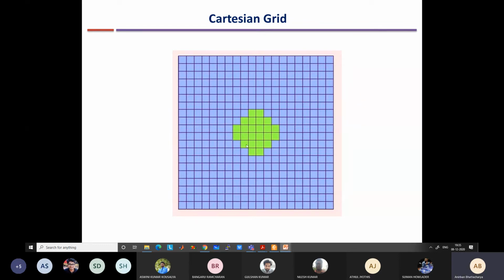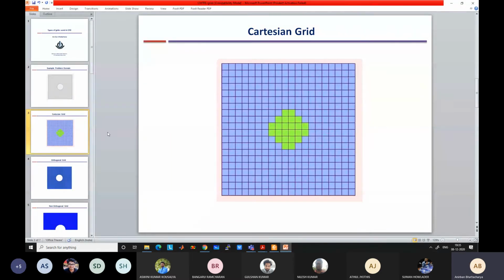I will show you maybe one or two results also. Even in Cartesian the circles look quite nice. It looks quite smooth. Even with very low resolution it's possible, but then we use some tricks there. Instead of 0, 1, we have some intermediate values. Otherwise, this is how it will look.